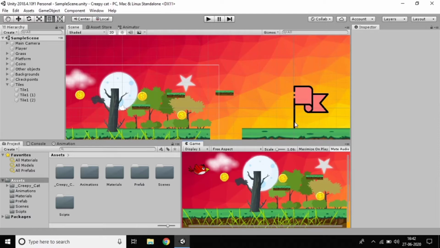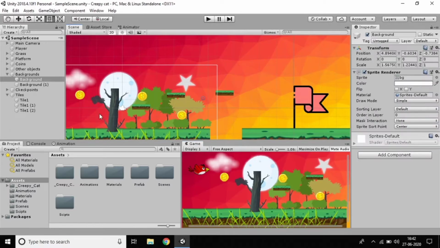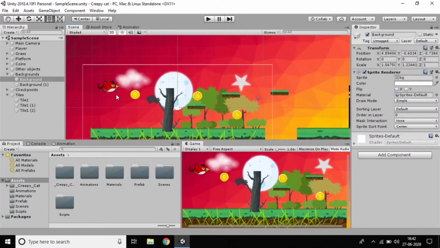But now my scenario is, I want the player to come back after a few seconds. Suppose the player was falling here and comes again here, right? I want the user to know, okay, I'm dead, and the player has to come again after 2 seconds or 3 seconds delay. So my scenario is, I want to add a delay for the player, that means a repositioning delay for the player.